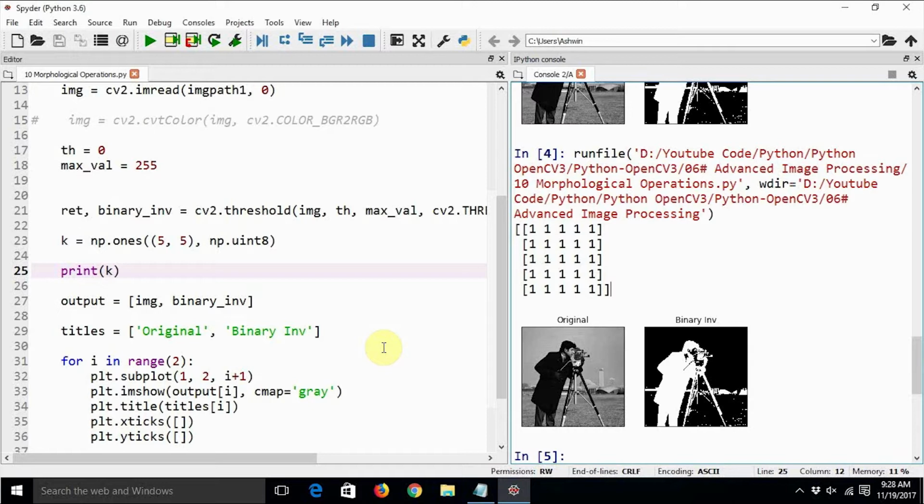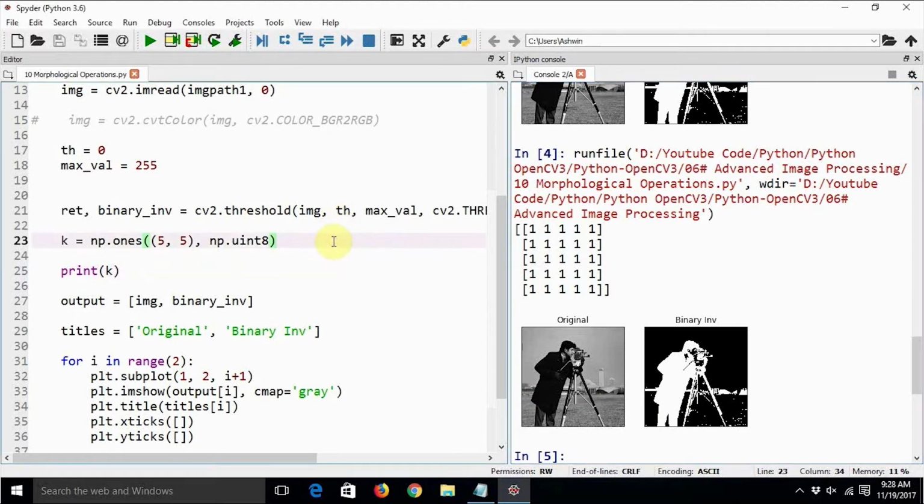So whenever we talk about erosion in terms of image processing, you see the border of this binary inverted image, and all these borders will be eroded away. In the sense, pixels with black color will erode the pixels with white color. They will just go ahead and occupy these borders. It might not be quite apparent when I say it, but let's have a look at how this exactly works.